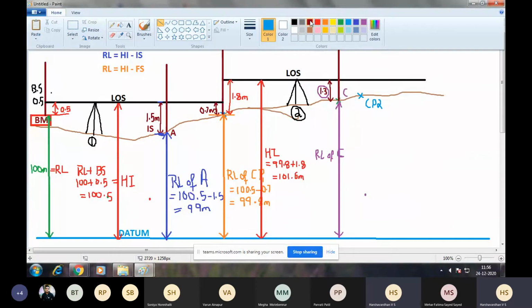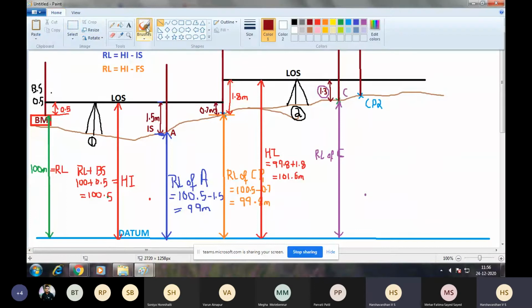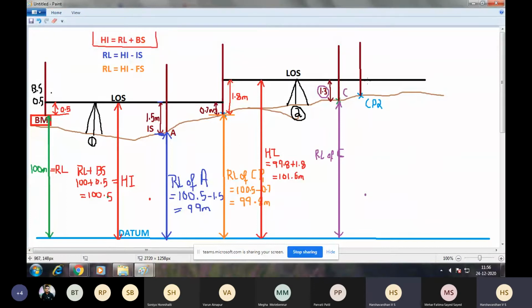I'll hold the staff on change point 2. Now let this reading be 0.8 meter.